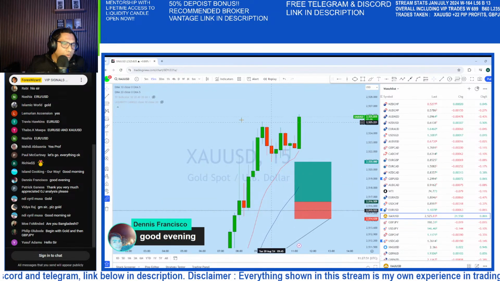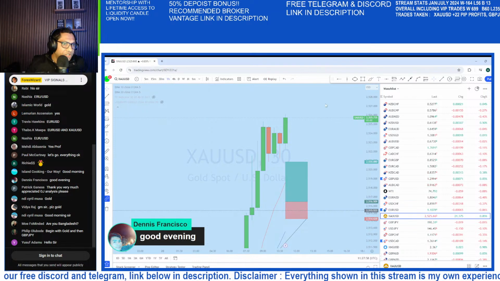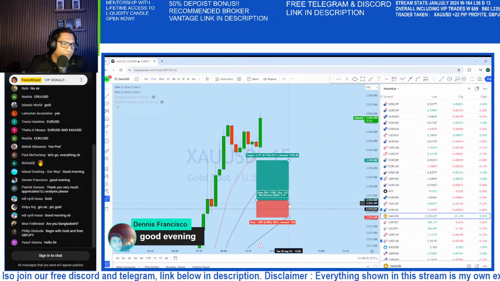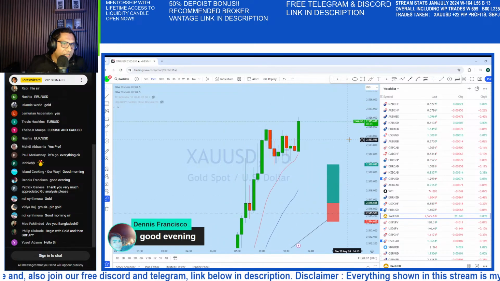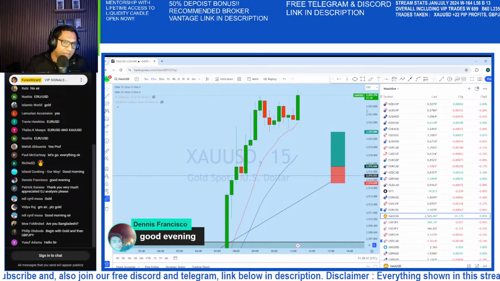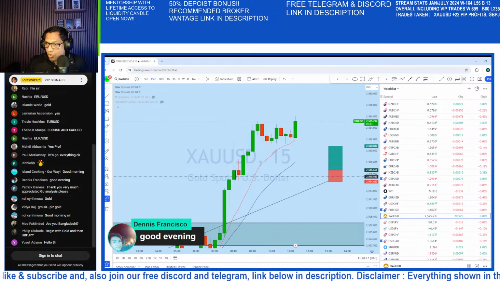Any liquidity candle will be a good potential entry on any time frame, especially on the 15-minute or even lower time frame. A break of structure can give us a further entry opportunity on gold. I will also be waiting for the CAD news coming in just a matter of an hour, and that will also have an impact on gold. As you know, this should definitely have a very good impact on gold.